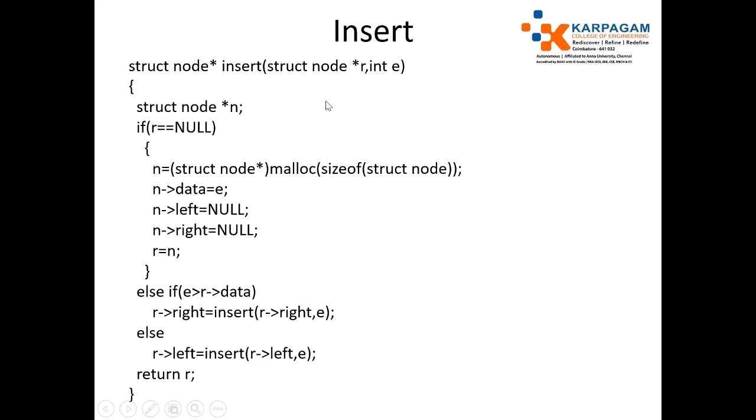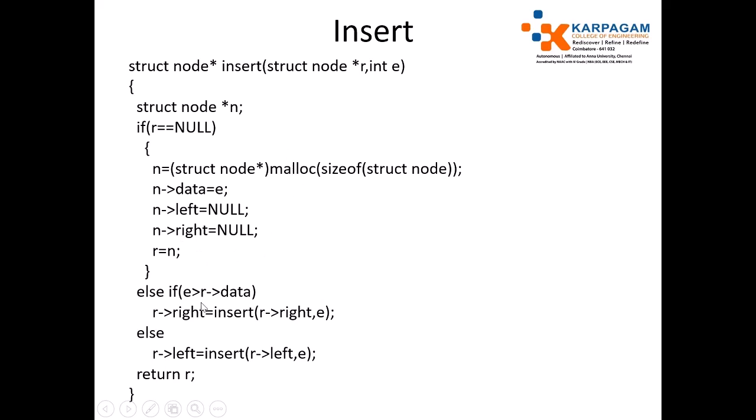Now, for example, if you are going to insert the element into the binary search tree, you need to create a new node like linked list. So for that purpose, just create a variable and check if root node is null. Root node becomes empty. It is empty. So if it is empty, just allocate a memory by storing the data. After allocating the memory, store the data and set the new node's left equal to null, right equal to null, and root node equal to new node. Okay, this is for empty tree.